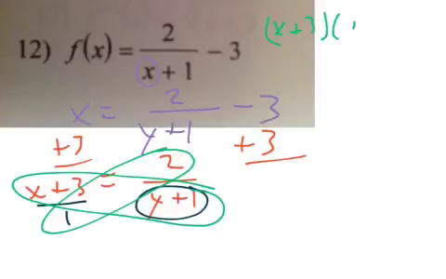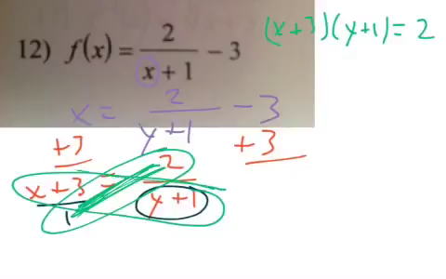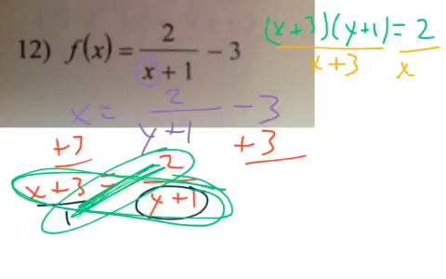x plus 3 times y plus 1, and that equals 2. Again, if you look down the bottom left of the screen, 2 times 1, I hope you agree, is 2. And x plus 3 is going to times y plus 1. Now, we could, again, multiply all of that stuff together, but we're going to get a big, ugly mess. So what are we going to do instead? How about if we now divide by x plus 3? Why? Because x plus 3 divided by x plus 3 is 1. So now we're left with